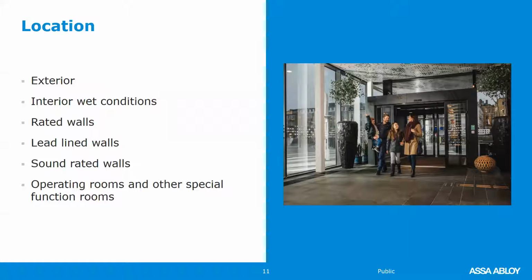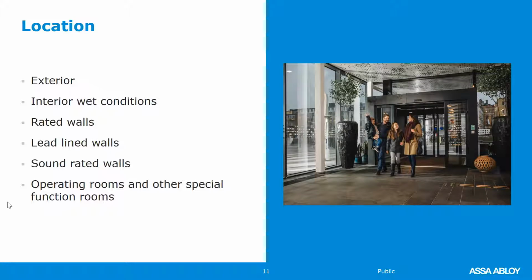Rated walls for fire rating, that will help you focus on steel or stainless steel for your base materials. Lead line walls would indicate to me that the door is going to be very heavy, and I would probably want to use pivots, but the location of where the door is located is critical in helping select the different